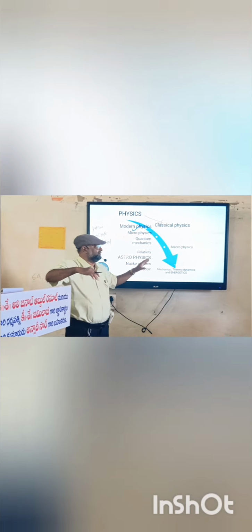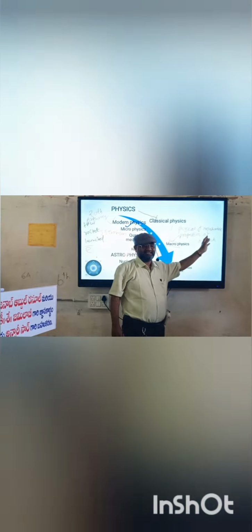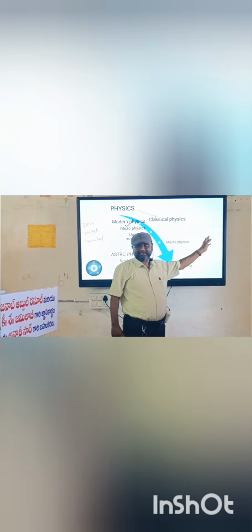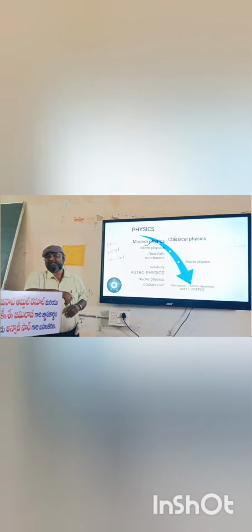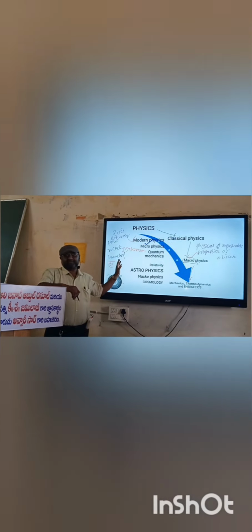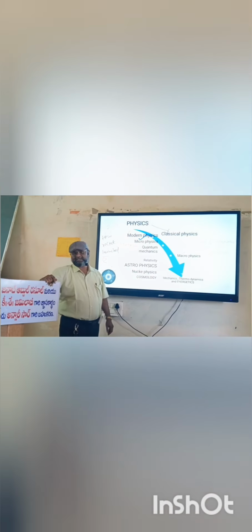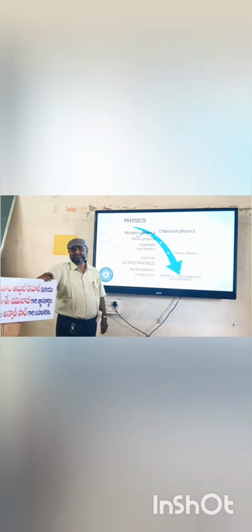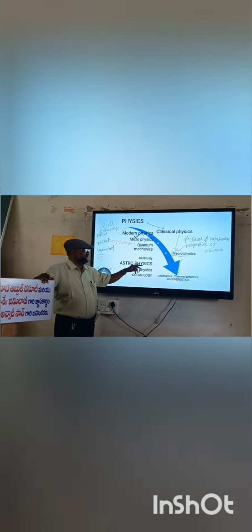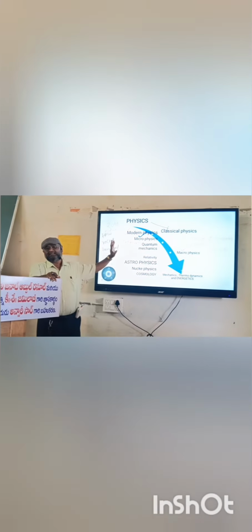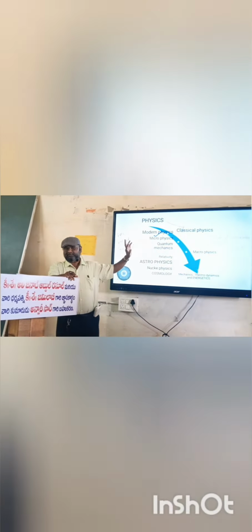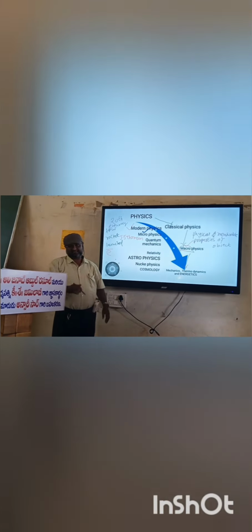Here in macrophysics we study in a bulk, in a huge manner, things which are seen with the naked eye. Whereas microphysics studies properties of matter which are not seen with the naked eye, nothing but subatomic particles. In that process, a branch developed known as quantum mechanics, which studies electrons, their orientation, their quanta. How is that electron revolving, what is its orientation, and when it moves, what happens to the particle. These things we study under the subject called relativity.